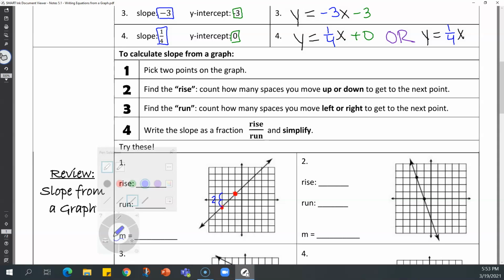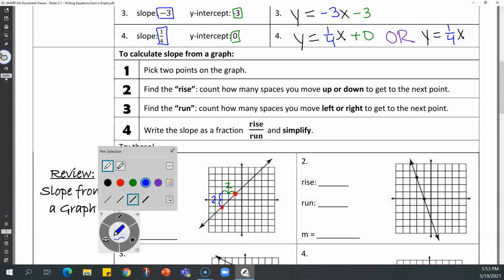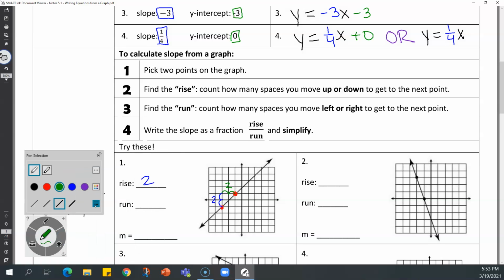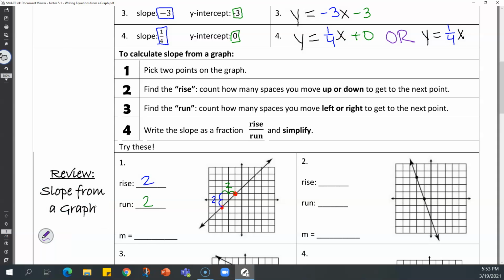Then I'm going to find my run. My run is how I move left or right. In this case, I'm going to go 1, 2 to the right. Again, because I moved to the right, this is also going to be a +2. I'm going to calculate, I need to be writing these over here. My rise is 2, my run is also 2. Remember that I set these up as a fraction of rise over run. So this is going to be 2 over 2. And I always want to simplify this as much as I can. So I'm going to dump 2 over 2 into Desmos and let Desmos tell me that that's equal to 1. Okay. For number 2,